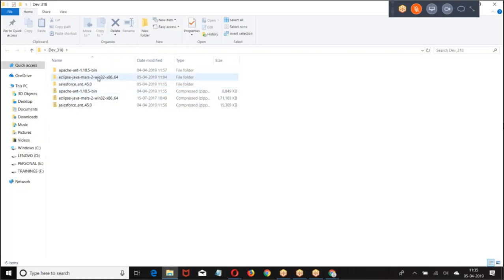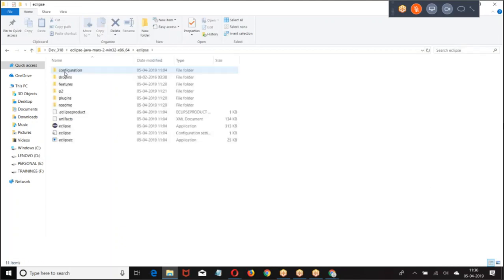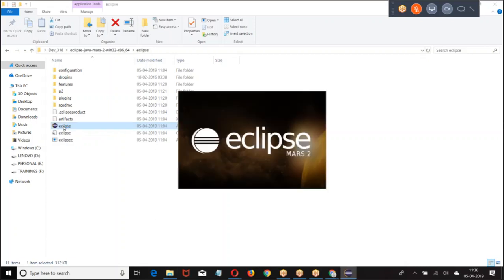Once you download it, it is going to be a zip file. Once it is a zip file, what are you supposed to do? Click on the zip file and extract it.